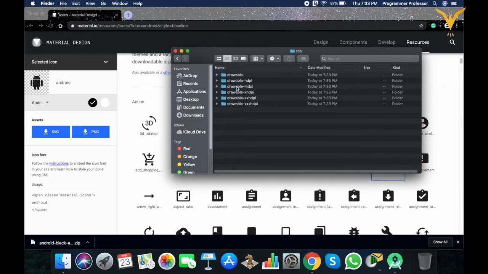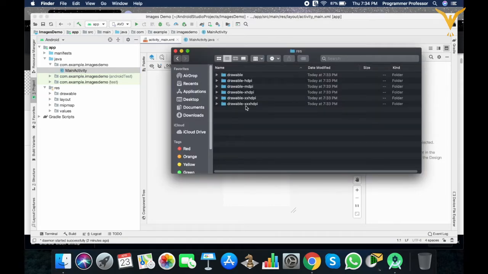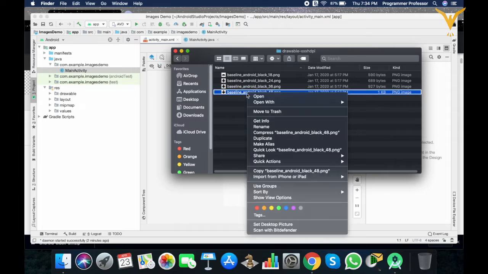So here, as per the size, folders are available. You can add these folders to your app resources, but right now we'll take only one. We'll take this one. Let's rename this.